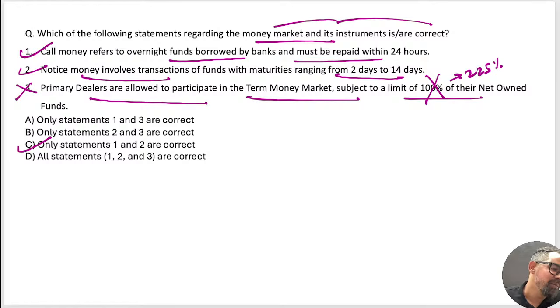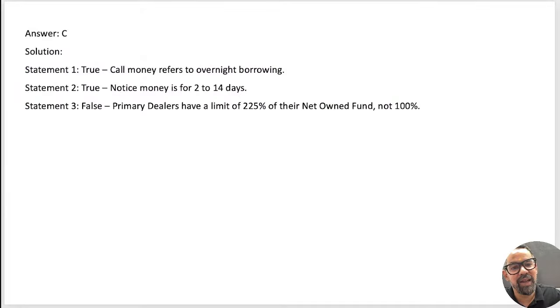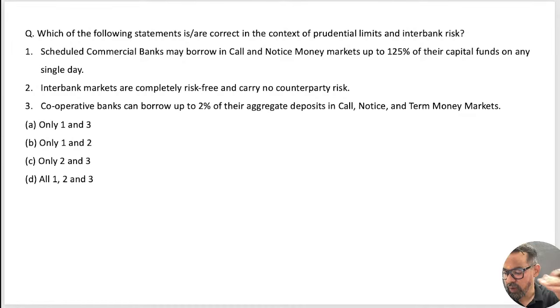Okay? People get confused with this. Morning only, Sirkan sir covered it. You guys were sleeping at that time, I guess. So please do consider this. I have shown you one chart now for commercial banks, including RRBs. It is call and notice money, fortnightly average 100% of core capital, and on a given day it is 125%. All the other guidelines are also there for this one. Clear now? Next one, guys.